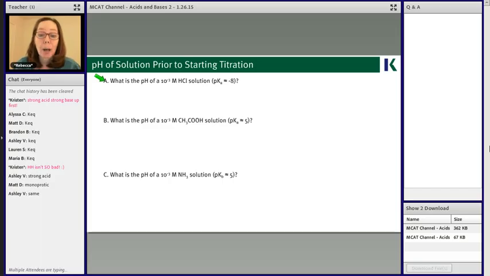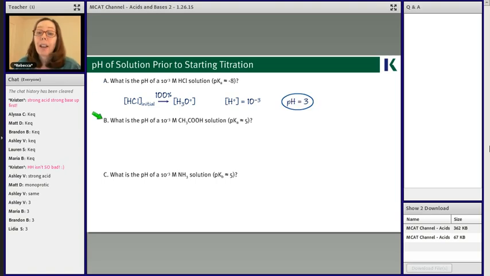And what do we know about manipulating logarithms? Since pH is negative log of the H plus concentration, very good. It's got to be pH 3. Okay, cool. Now, this is the trickier one, finding the pH of a 10 to the negative third acetic acid